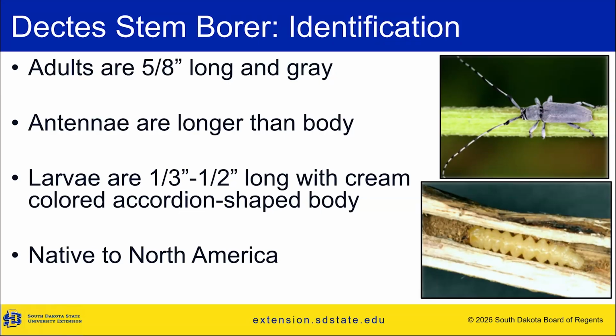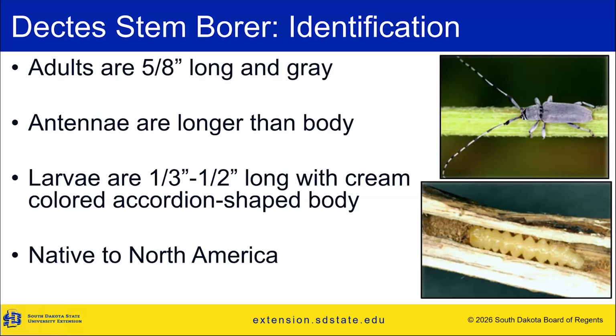The adults are about 5/8 of an inch long, and the larvae, although we don't typically see them because they're actually down in the stem, can vary between 1/3 of an inch to a half inch long. They have a cream colored body with a little bit darker colored head, and one of the key characteristics for them is if you do split a stem and see the larvae present,